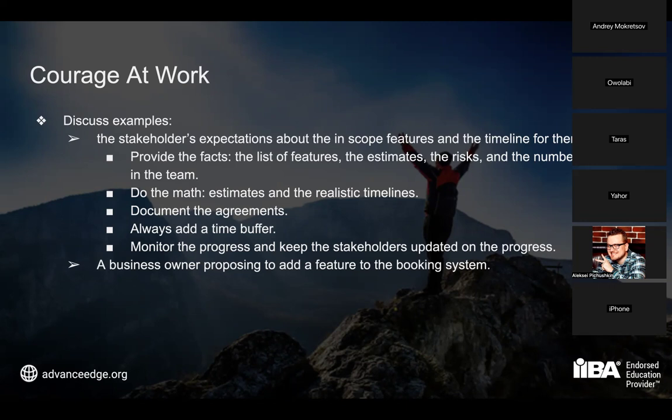So that is why we propose that by May the 1st, we will be able to give you a solution that works, but it will include only 1, 2, and 3. During the next milestone, we can do this and that, right? And you have this courage to say no, but it's not based on emotions, like saying, well, you are the person who knows nothing about software development, this is not possible, this is not going to happen. No, you're not using your emotions. You're using facts, right? And you are proposing a solution, a compromise, what can be done within those 2 months and how it will then be approached further, right?